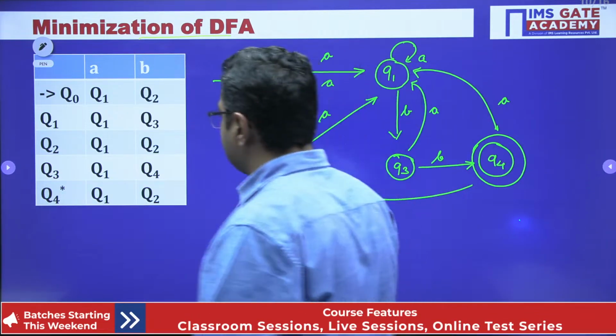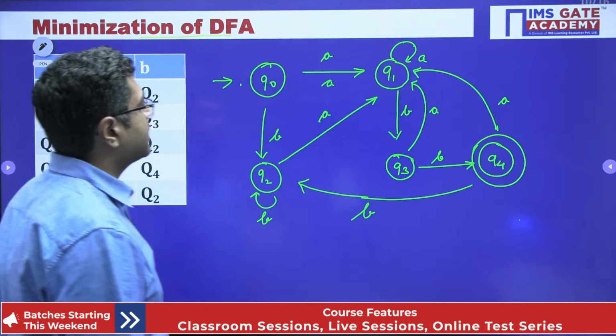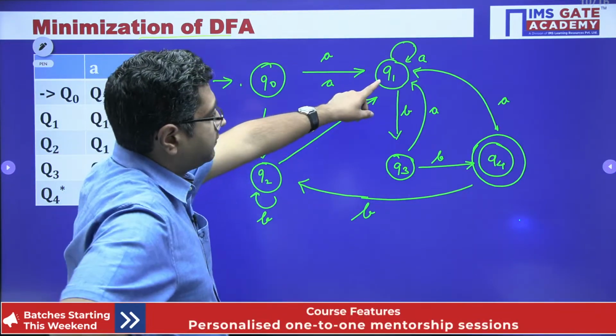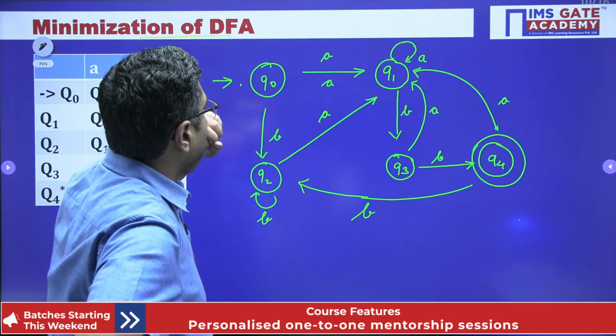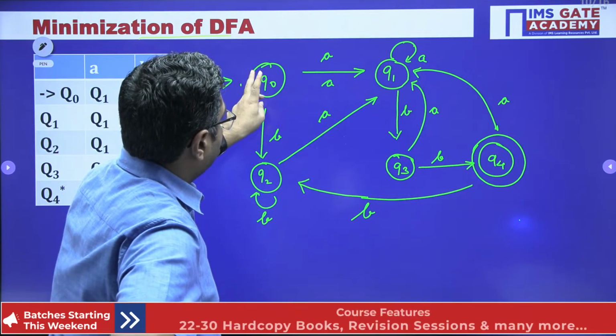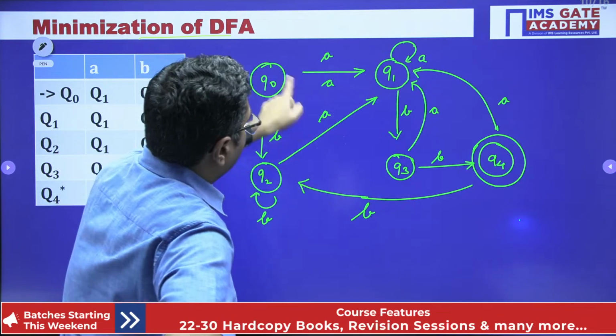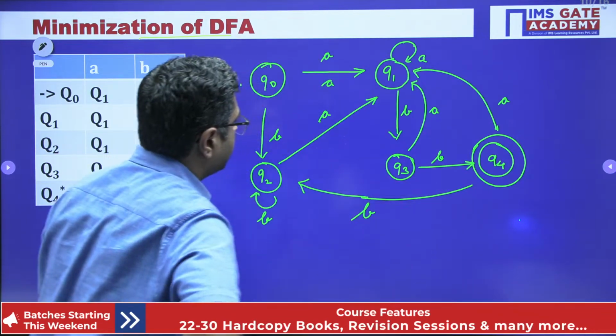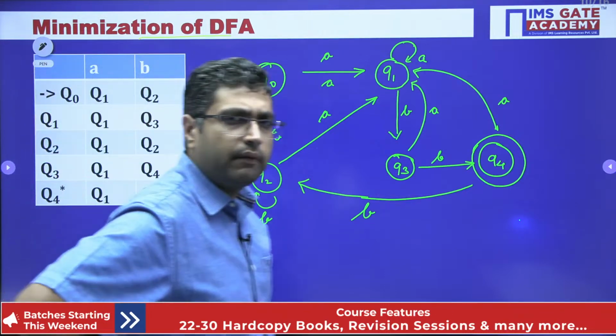But before we do that, let's find out the unreachable states. So what are unreachable states here? If we see, Q1 is reachable, Q2 is reachable, Q3 is again reachable, Q4 is also reachable. So there is no state which is unreachable here. We can directly apply the